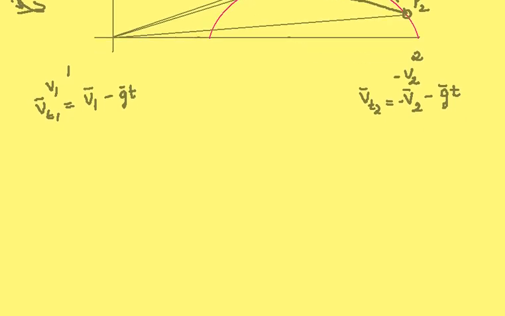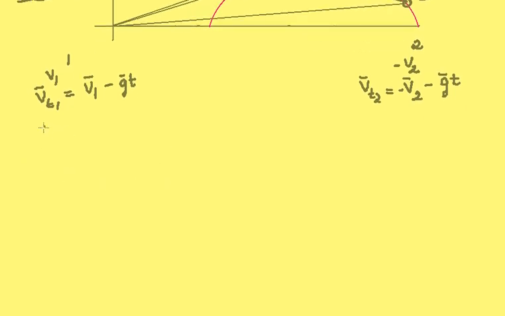Since these vectors are perpendicular, if we take a dot product, v bar at t1 dot v bar at t2 would be equal to modulus of v bar t1 times modulus of v bar t2 times cosine of the angle between the vectors. Since this is 90 degrees, the entire dot product would be equal to 0.